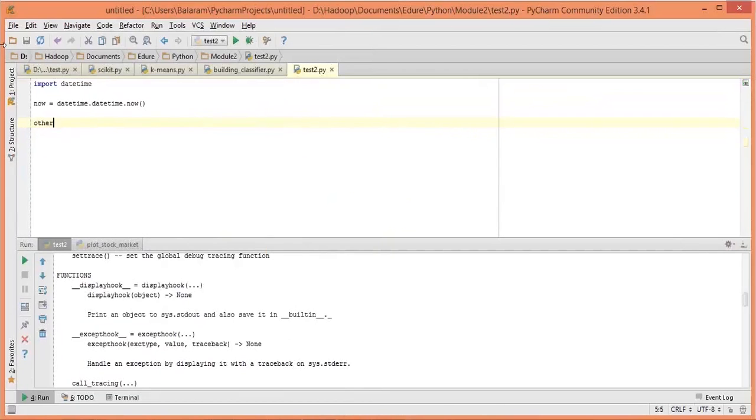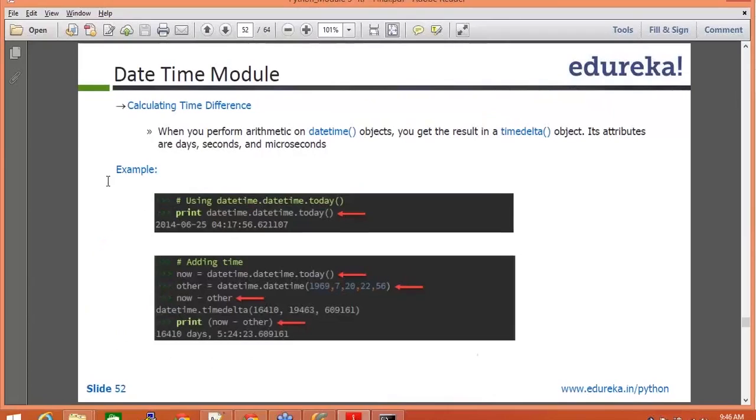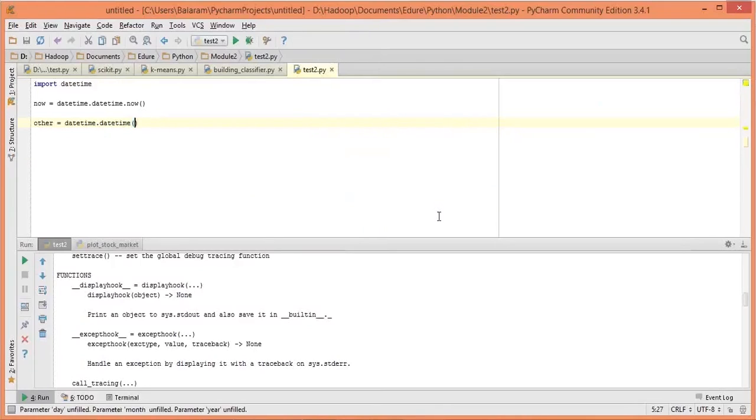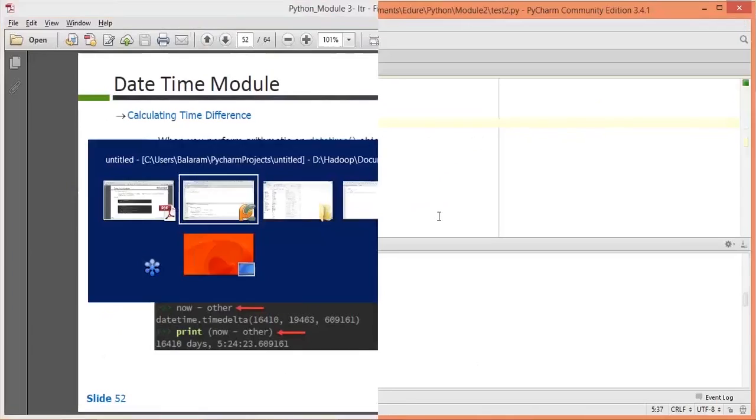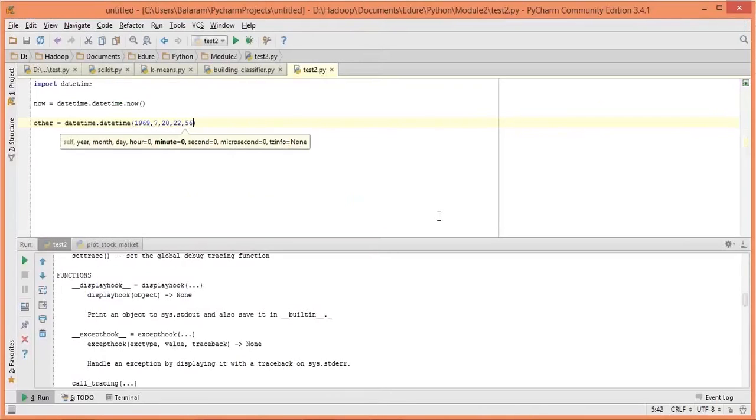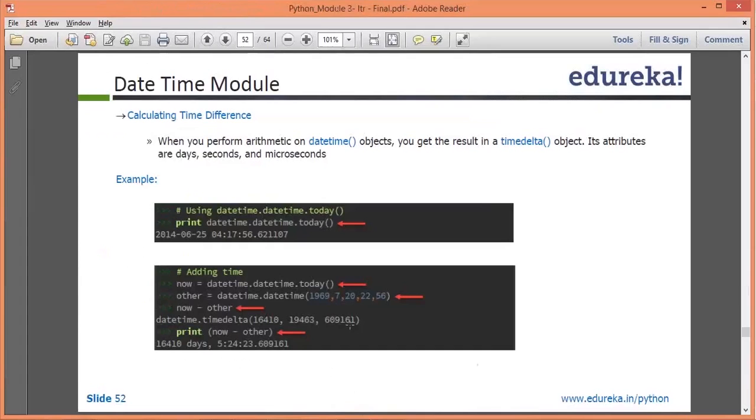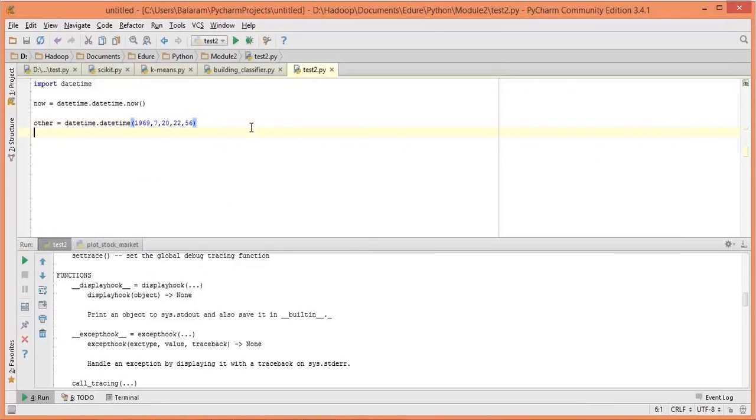Some other time equal to datetime.datetime. Okay. And now I'll take exactly 1969, 7, 20, and then hour, minute, and second. Okay, 20, 56, hour and minute. So that's fine. And then if I say print of now minus other,